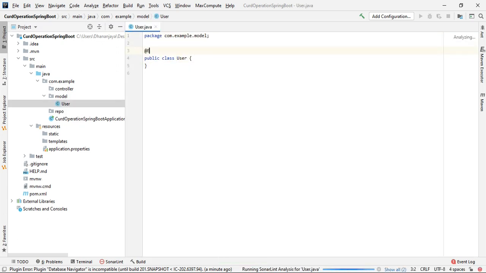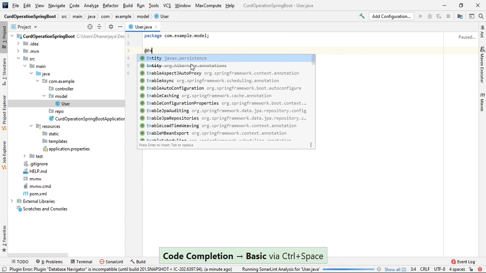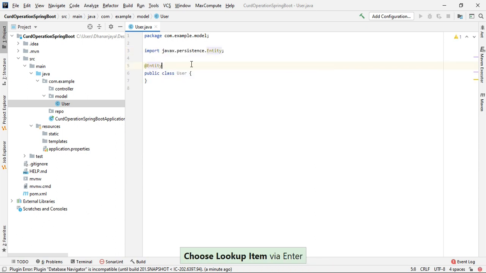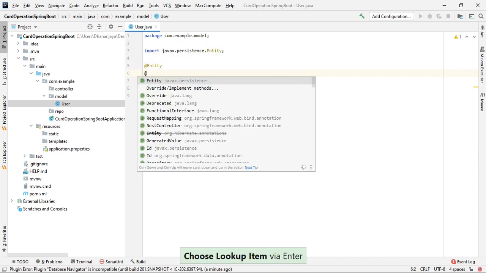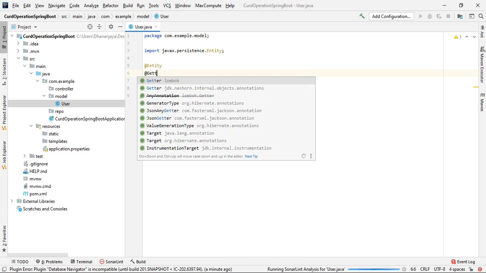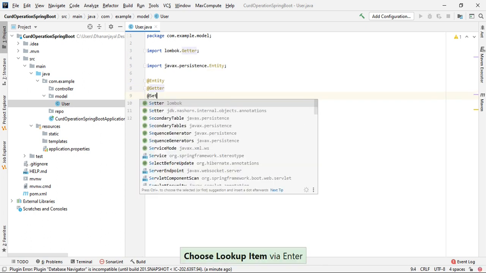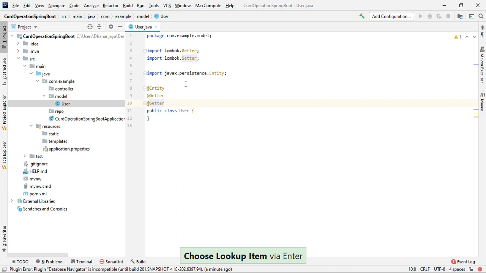Okay, add the @Entity, add the @Getter, add the @Setter. The @Entity we are getting from the Java Persistence API and related annotations. Okay.